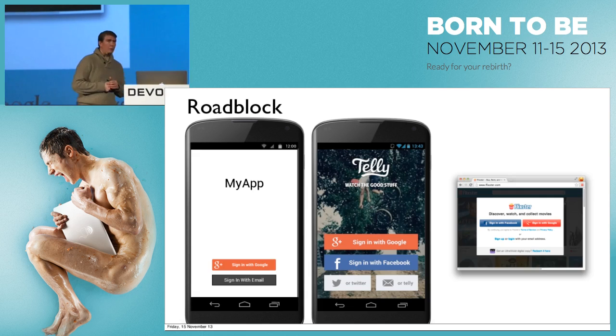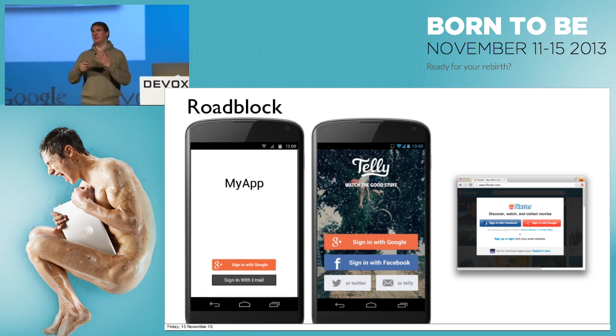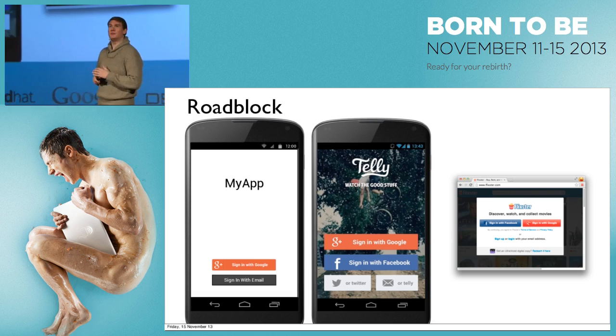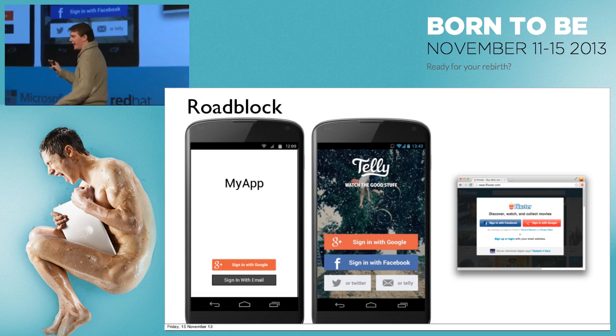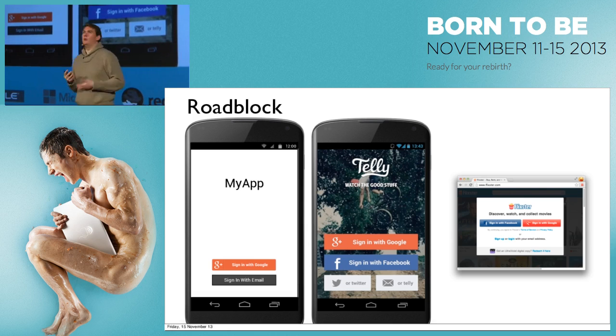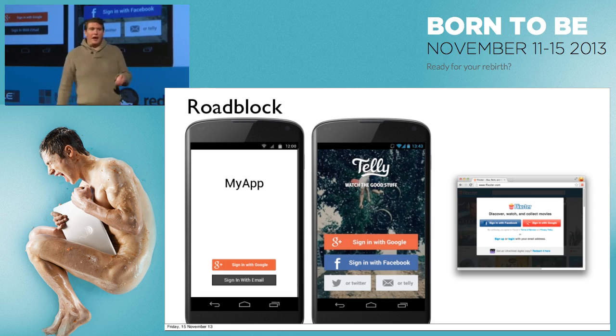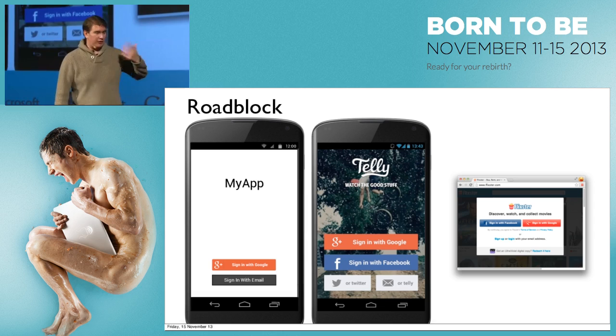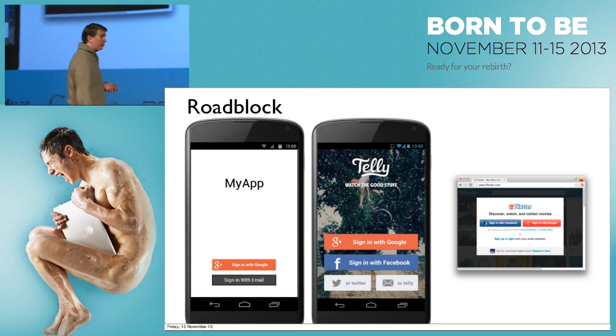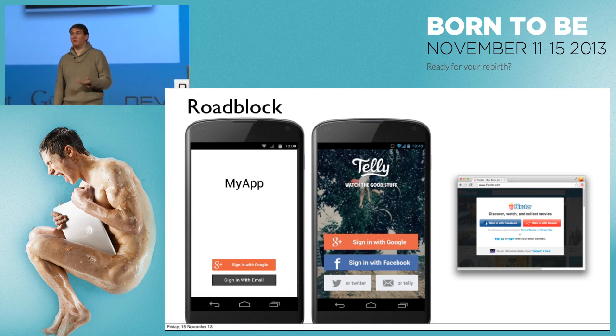So when it comes to putting the sign-in button up, you might not think there's much to think about here, but I think it's really important. This can be the difference between sign-in and your application working and it just being a bit disappointing, or it just being something the users don't use. And there seem to be about 4 different key ways that users interact with and that developers use to build sign-in. And the first one is this roadblock.